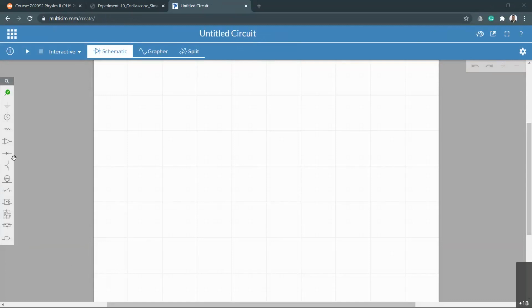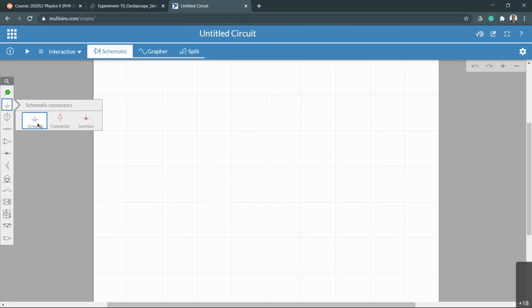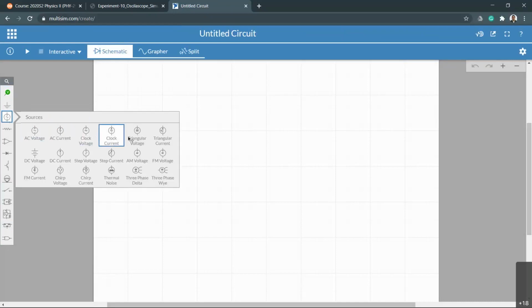You can see on your left hand side the selection tool. As you go downward, the first one is the voltage measurement, the sensors, right? Voltage, current, and then sensors. And then second one is the ground probe, and then the connector probe and the junction. And the next one you can see sources, right? Different types of sources. So we're going to use basically this AC source only, but you can see there are many different